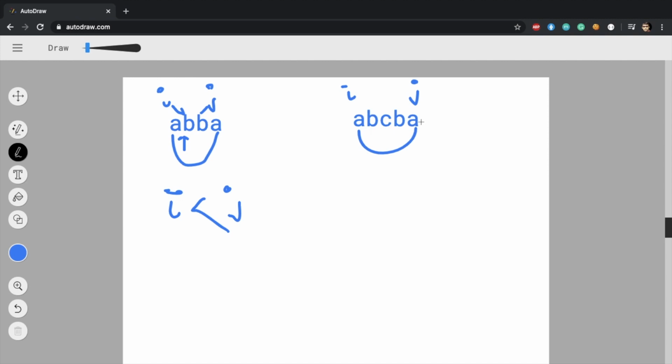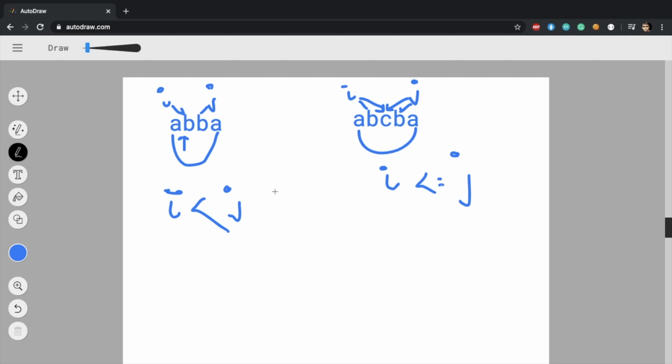In this case these two characters are equal, so now i will point to this b, and j will point to this b. These two b's are equal again. Now i will get incremented and point to C, and j will get decremented and point to C. Now it will check if these two characters are equal or not. C is equal to C, so we will return true. So these are the two cases for even length and odd length. In this case, i is less than or equal to j, right?